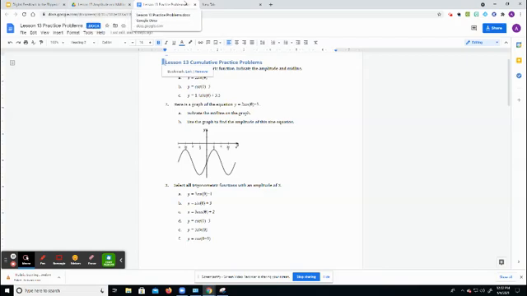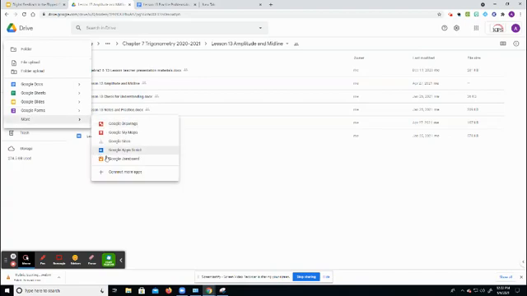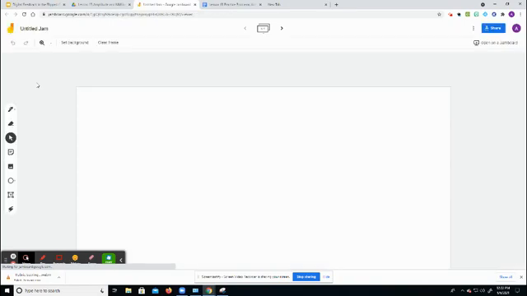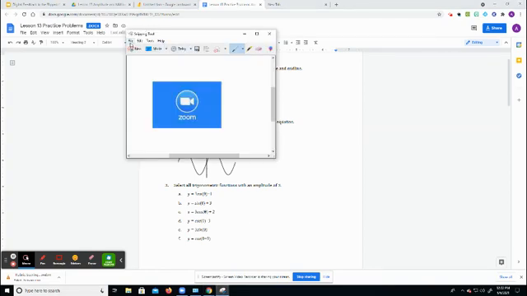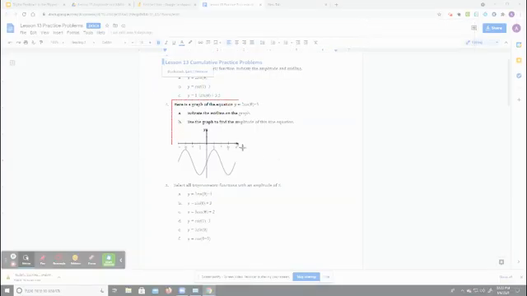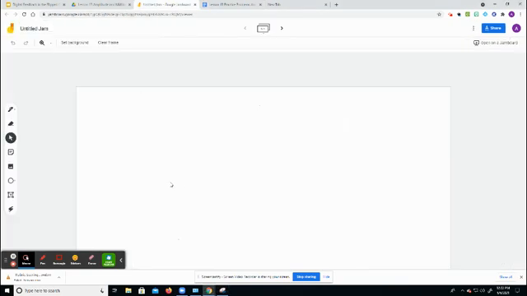So I'm going to show you how I can create a Jamboard of this. So first, I just go to the Google Docs, click New, then click Jamboard. I'm going to create it and share it in that folder. And then what I'm going to do is click on here and take an image of this problem, copy it, and what I'm going to do is set questions for multiple groups here. So if I just paste that image in,